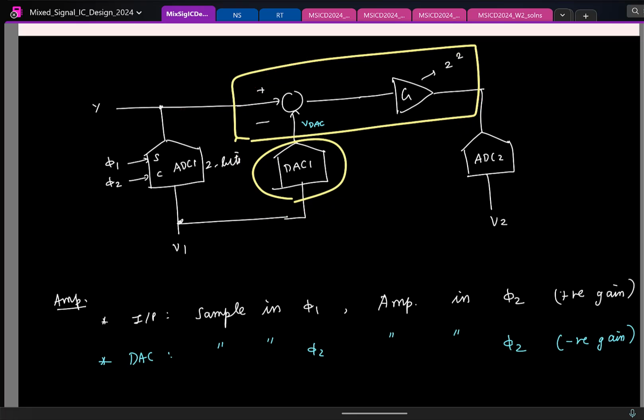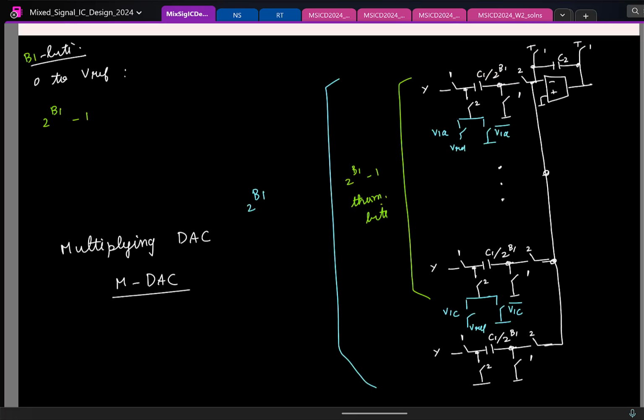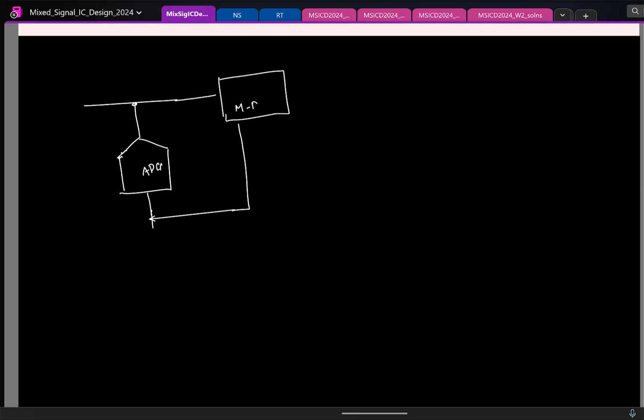Right? So let me draw that probably in a more realistic way. If I draw the pipeline ADC block diagram, I obviously have the first stage. This is ADC1. Now I know that DAC, subtraction, amplification is all done in one circuit. Let us say it is giving the thermometric bits here. So this goes to M-DAC1. That has the gain also, and then you give it to the second ADC,